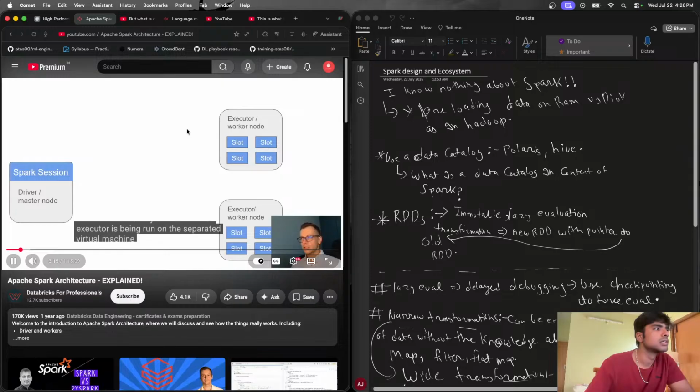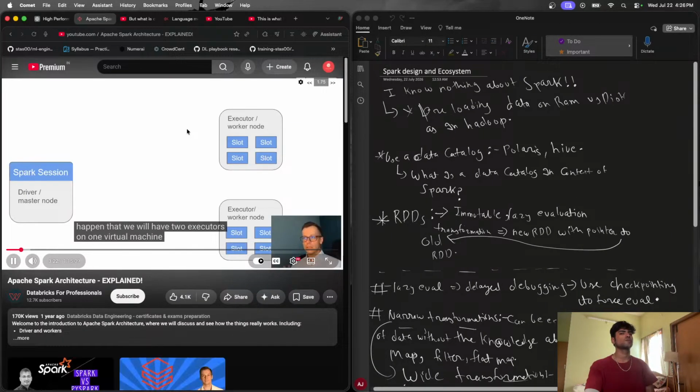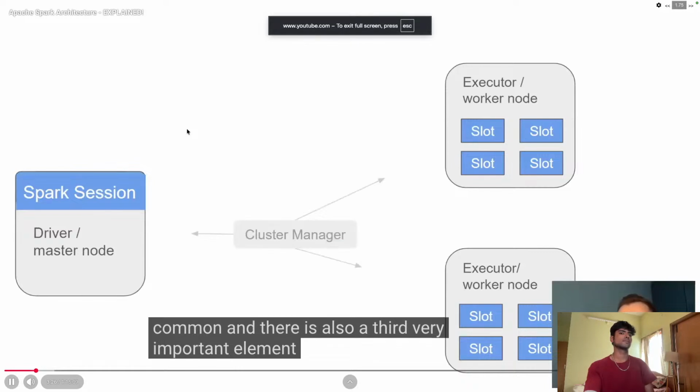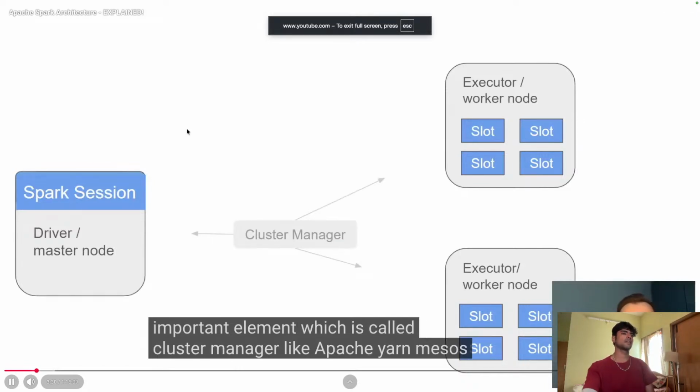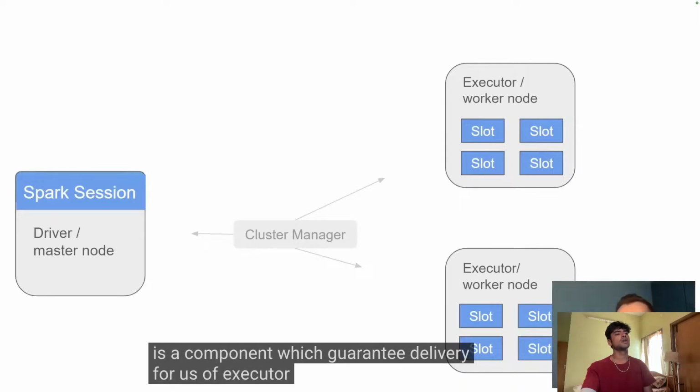on a separate virtual machine for the sake of managing that and avoiding conflicts. It can happen that we will have two executors on one virtual machine, but it's not common. And there is also a third very important element, which is called the cluster manager, like Apache YARN, Mesos, Kubernetes, or Spark standalone. And this is a component which guarantees delivery for us of executors and drivers, and we can run